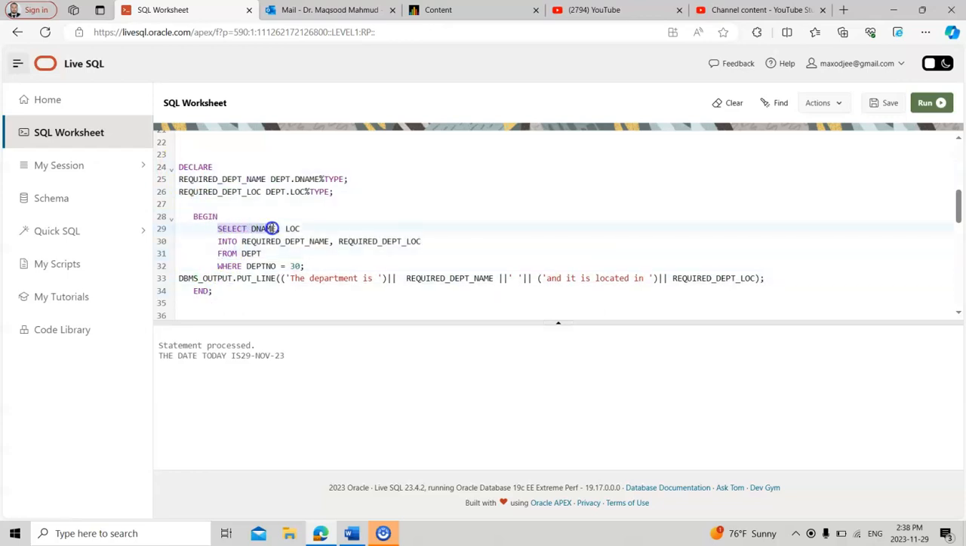This is the most important thing. Select rename the location and into which table. These are the table and department name, where department name is 30. So I execute, and then we have put line. You just remember this one: this is the output, and this is concatenation, meaning adding two commands